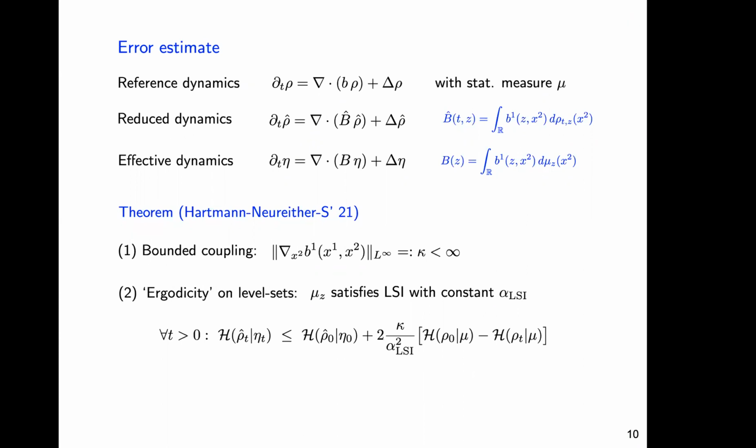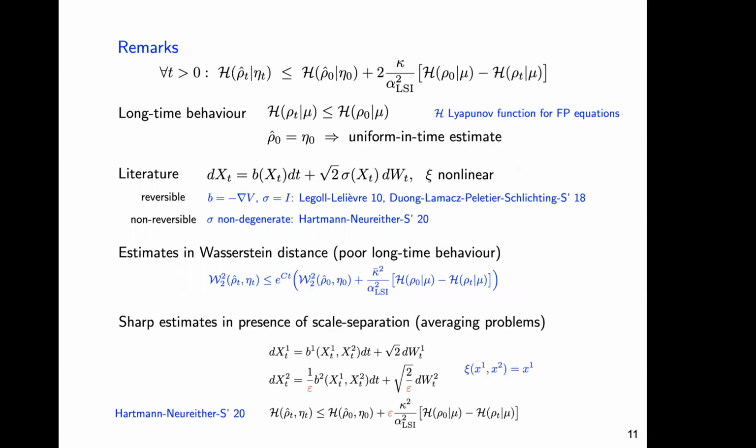But if your second coordinate is influencing the first coordinate, but the effect is very little, is there a way of quantifying that and getting around this problem, or did you not think along these lines? So I don't know what exactly you mean by, so imagine here is an SDE. Basically something like what